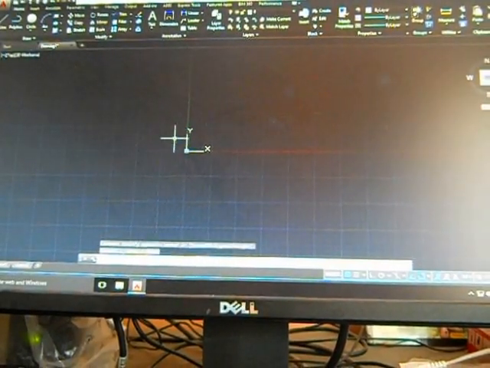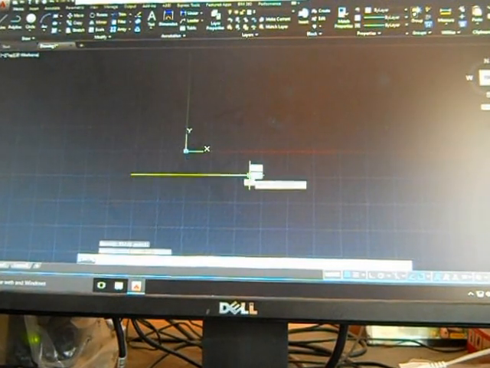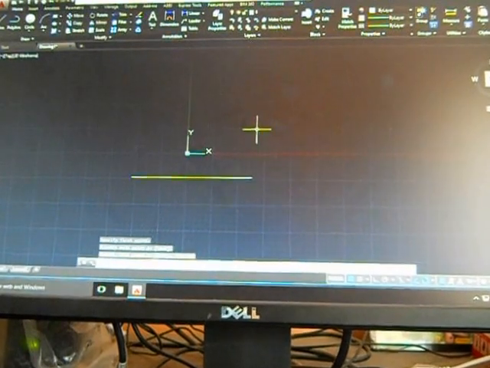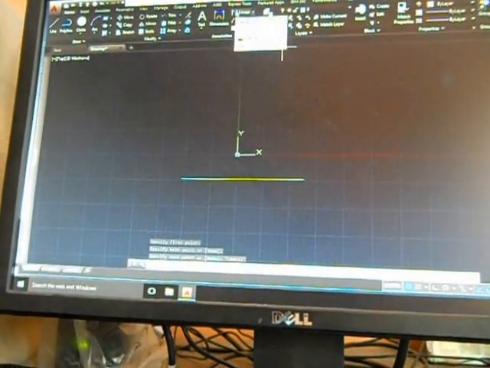You can also use this. Suppose this is a line and you want to measure how many centimeters or millimeters it is. It will not show the unit but it will measure. You need to go here where it is written Linear. You want to click on Linear. You want to select the first starting point of the line where there will be green.